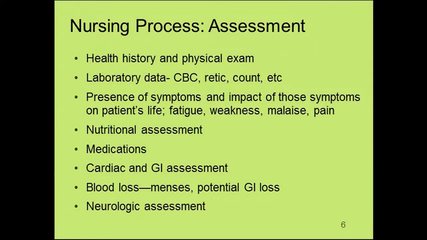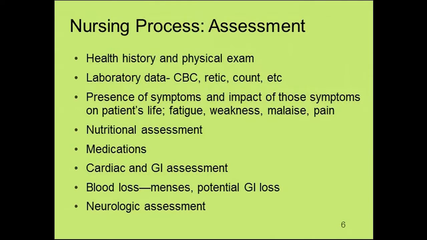All right, so in terms of our nursing process, our assessment, what are we looking for when we're talking about a patient with an anemia? What are we assessing for? Health history, physical exam, past procedures, past surgeries, what kind of history, other comorbid conditions do they have, physical assessment findings, skin color, cap refill, signs of perfusion and circulation. We're going to be looking at our lab data, asking them about symptoms, when was onset, how long has it been, what is the severity of those symptoms, is it interfering with their lifestyle,